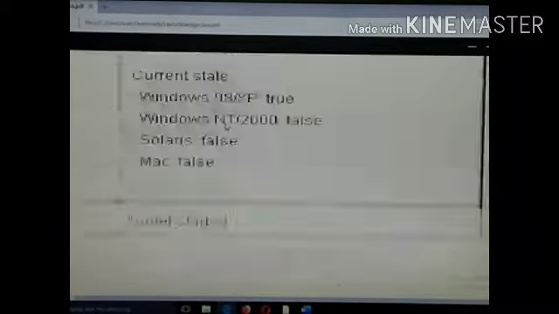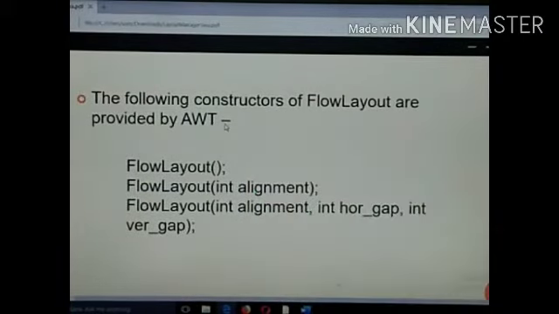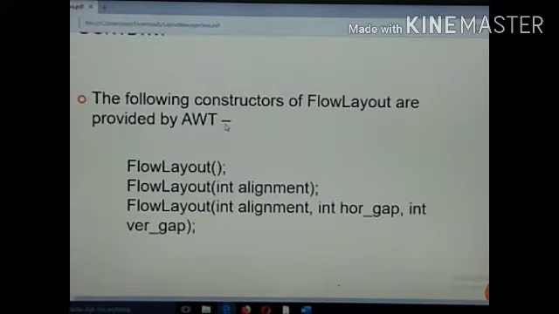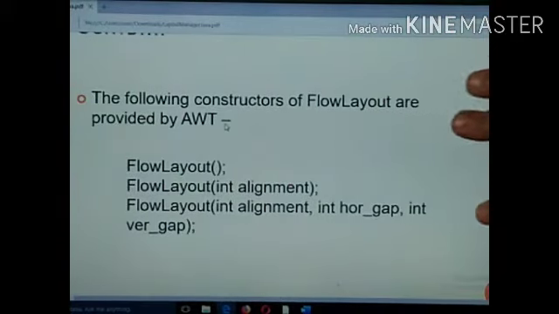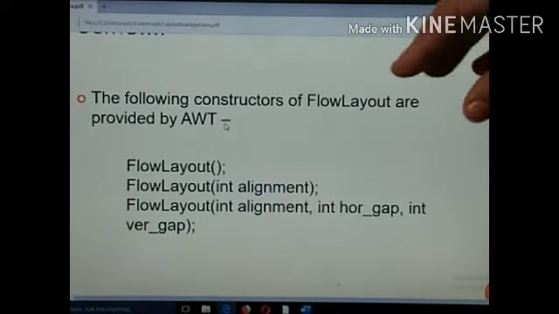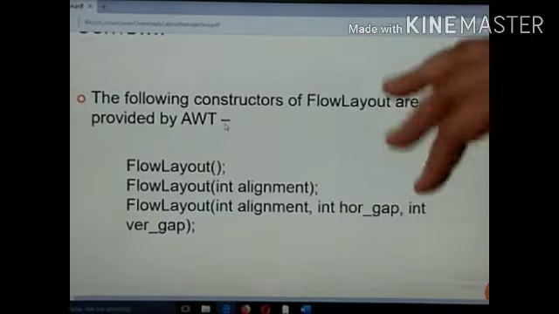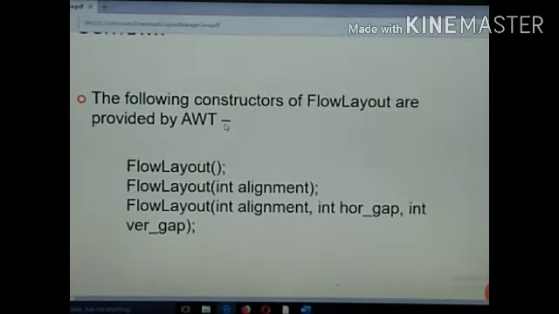One more thing, here the alignment thing, we haven't seen alignment. You can take left, center, right, leading and trailing. So these are the different types of alignment you can have in the flow layout. However I wish I can have. Left will be arranged here, right will be here, and leading will be kept like this, left only, and trailing will be coming from behind. That is the component as trailing. Center, you will find the components at the center.